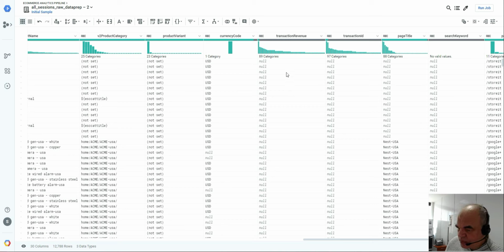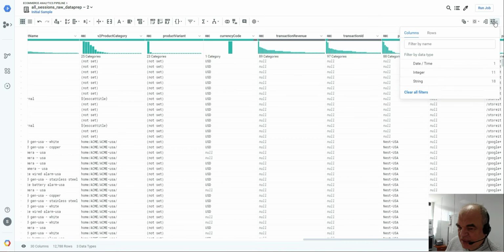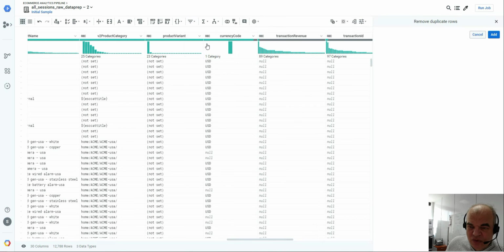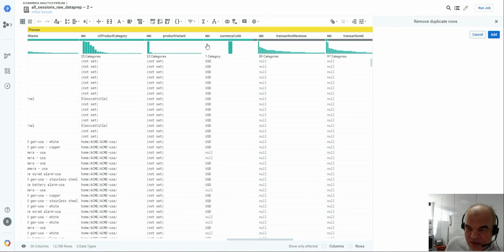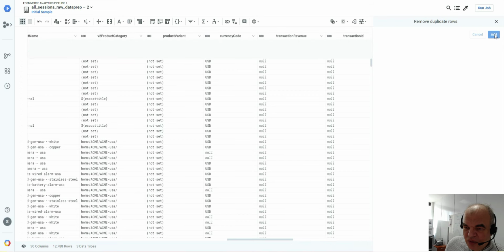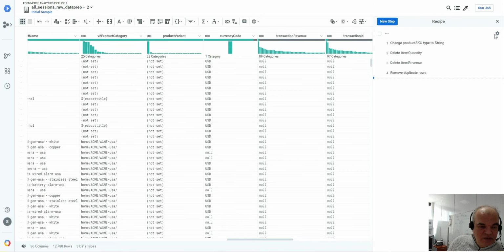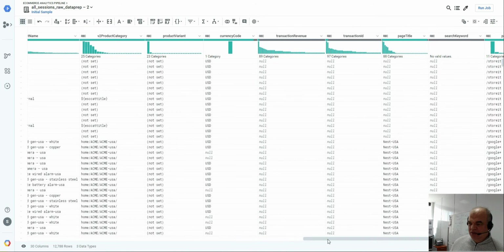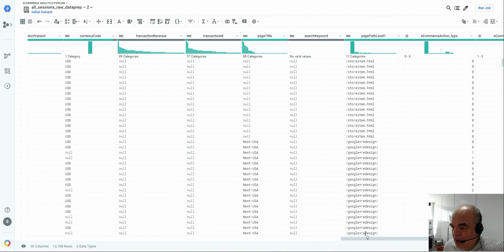So let us see if we can improve quality of our data by just removing duplicate rows, and let us add that to our recipe. Okay, so now we will remove all duplicate rows,